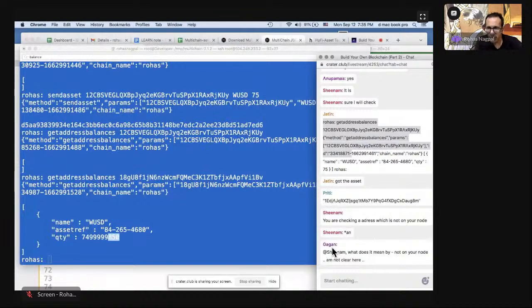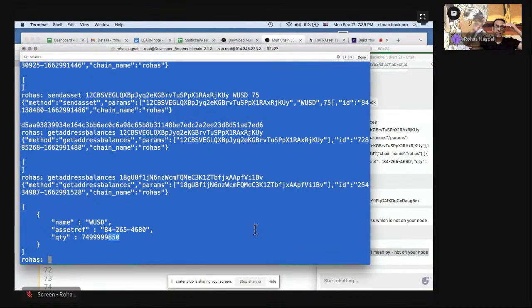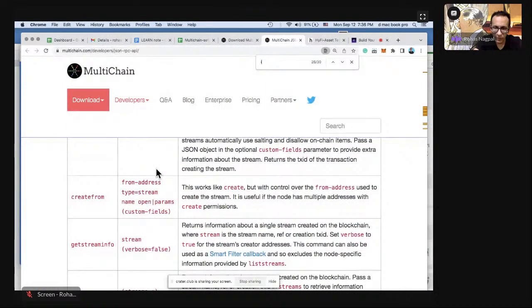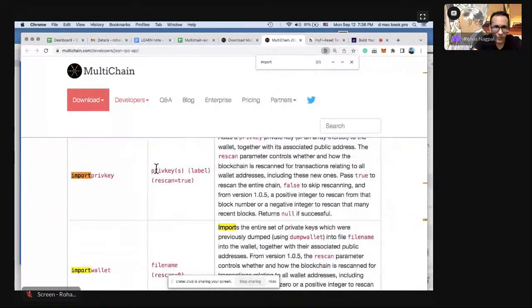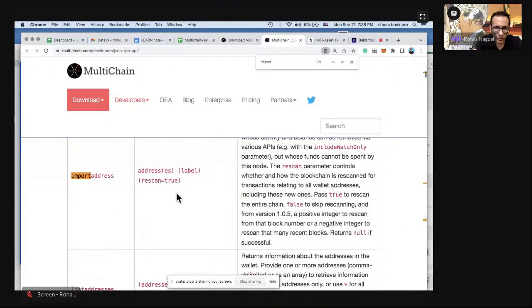Yeah, so Gagan, I'll explain why we were not able to see it. When we create an address on another blockchain, we need to actually import that address in here, and only then will we be able to pull balances for it. There are so many different commands that we keep forgetting. Let me show you